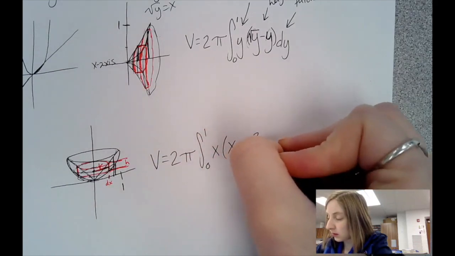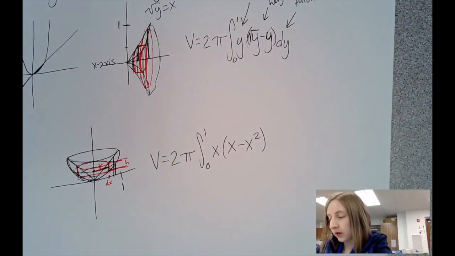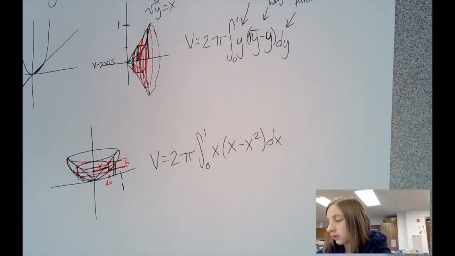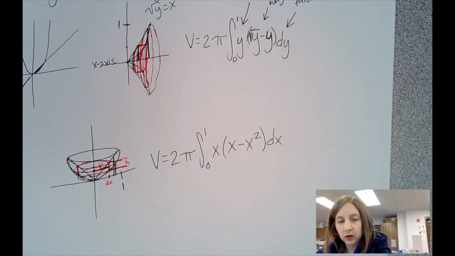So x minus x squared. That would be our height. And then we were in the x direction, so our thickness is dx. So that would be the volume. The formula for finding the volume with all of the pieces filled in. So then you could do that integral, that definite integral, and find the actual volume of this shape using the